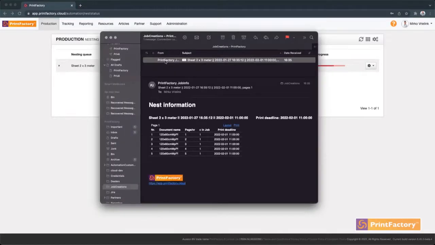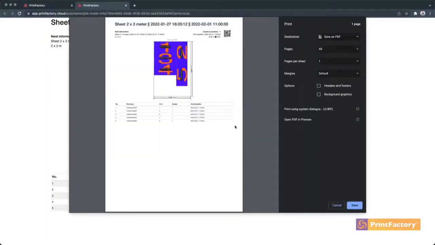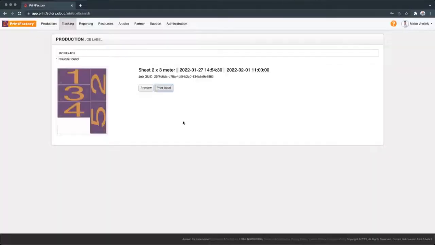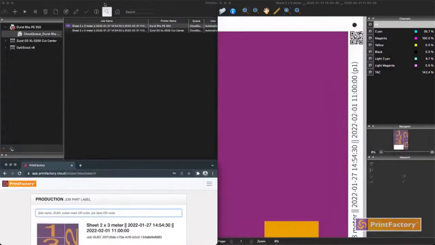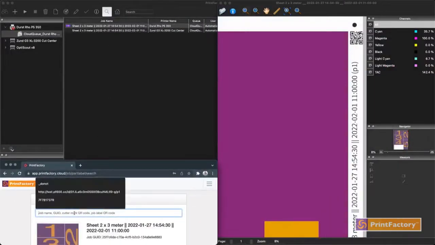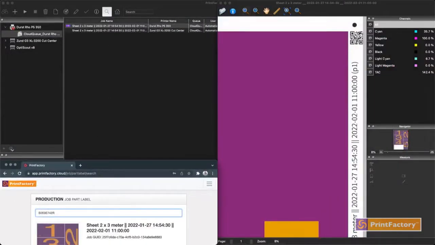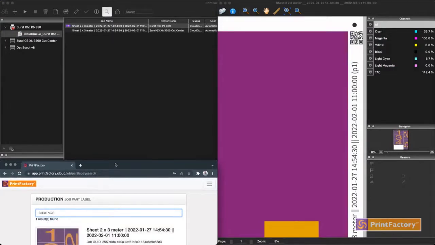I have an email example of this job, which also shows you in a short way, which jobs are in which nest, and 2 links to a preview or print job ticket in detail. So now we have printed a job, and we get to the cutter, and we want to cut it. We need part labels. I will select part labels,